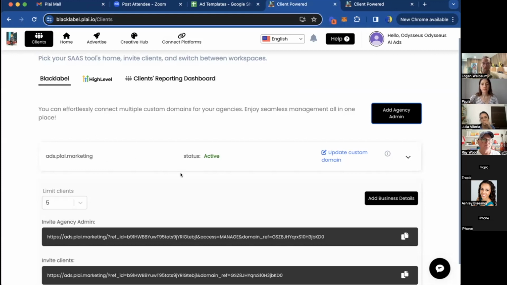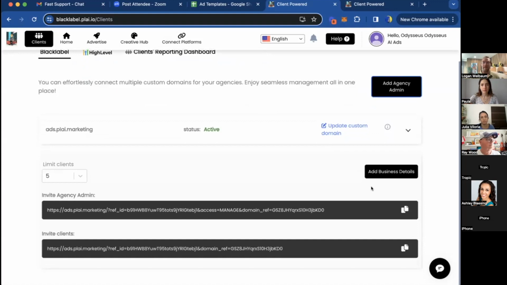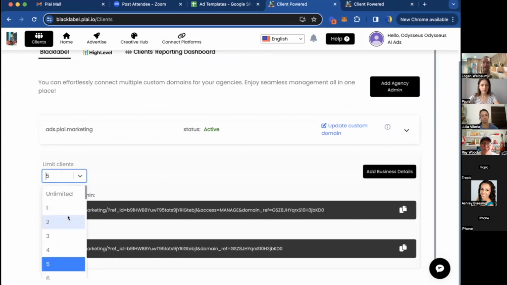How this works is that you'll set up this custom domain for them. You just send this invite link to the agency admin underneath you, or the franchise owner underneath you. They can just log in to their domain, so this could be ads.burgerking.com, for example. You'll send them this link and you can limit the number of clients that they can have, to help you out with your pricing.